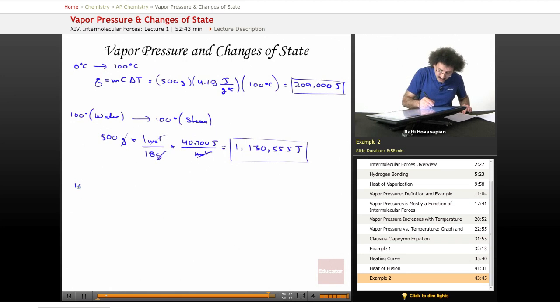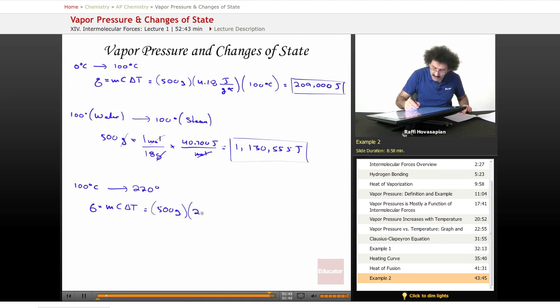Now, we need to take steam from 100 degrees Celsius all the way to 220 degrees Celsius. We go back to Q equals mc delta T. We have, well, mass, again, we still have 500 grams. This time it's of steam. The heat capacity of steam is 1.8 joules per gram per degree Celsius. And this time we're raising it 120 degrees, right? 100 to 220 is 120. And we end up with